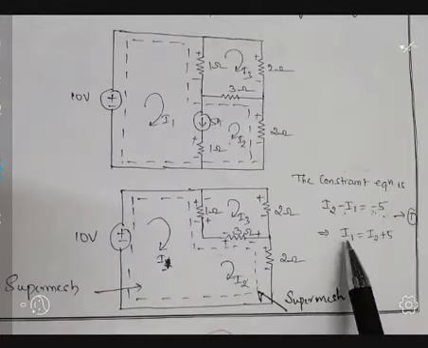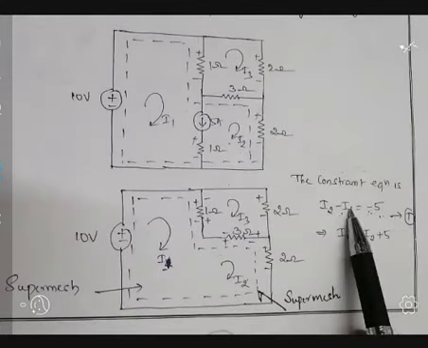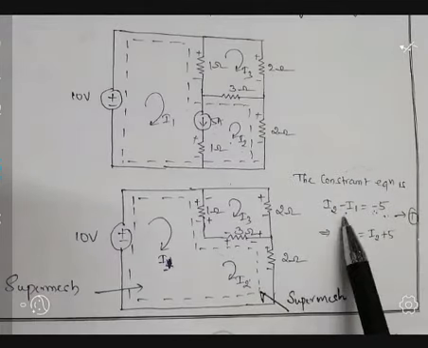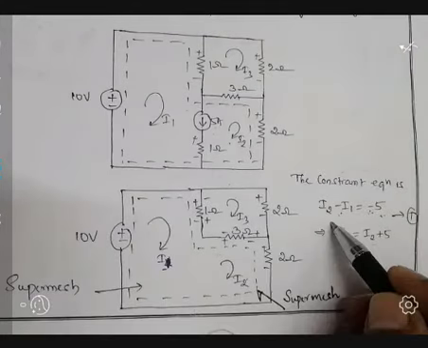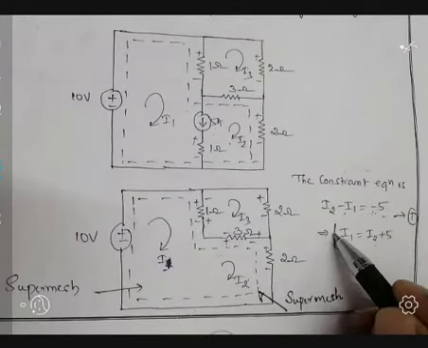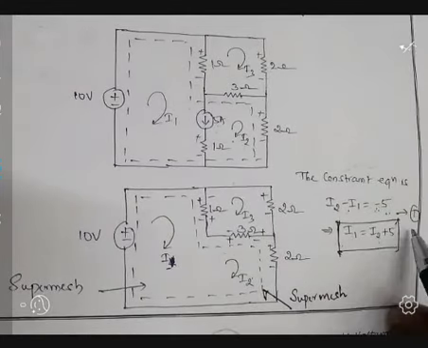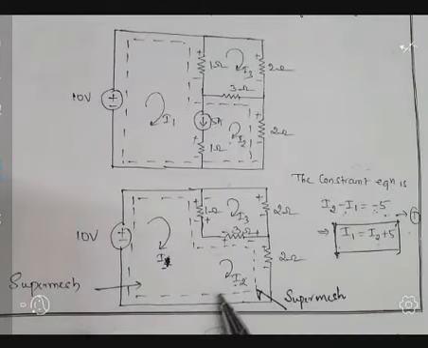Hence I1 equal to what? If you take I1 to the other side of the equal sign, it becomes plus. If you take minus 5 to the left side of the equal sign, it becomes plus 5. Hence I1 equals I2 plus 5. Let us call this equation number 1. Now the next step is to apply the KVL to the super mesh, followed by applying the KVL to loop number 3. Same procedure.